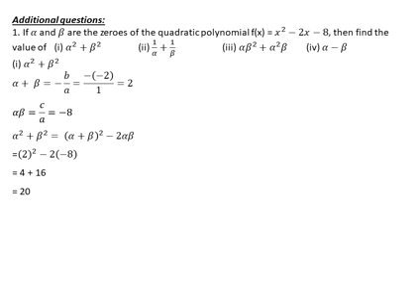Next sum is 1 by alpha plus 1 by beta. In this sum also, first we need to convert in terms of alpha plus beta, alpha beta. For that, if you cross multiply, we will get it in terms of alpha plus beta, alpha beta. In the cross multiply, first we write the numerator, then multiply the denominators also. If I cross multiply, your numerator becomes alpha plus beta, and in the denominator we multiply alpha and beta. So alpha plus beta by alpha beta.